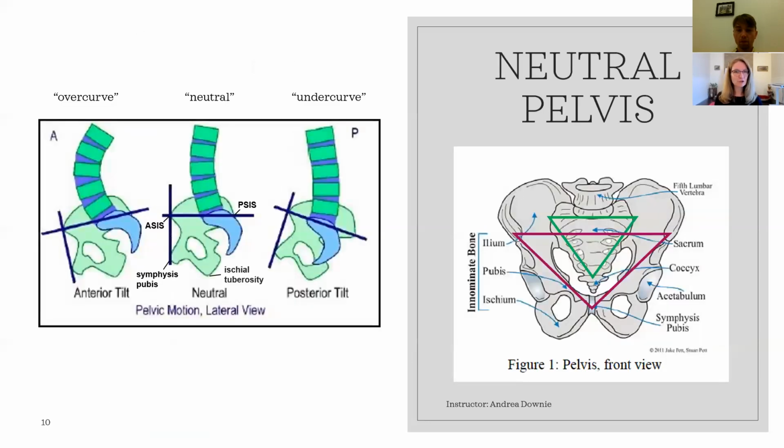Here's a little look at neutral pelvis. And certainly we do not expect that in dance that we're staying perpetually in neutral pelvis, but having an understanding of where neutral pelvis is really helpful, because we get a lot of the balance and that neutral up and